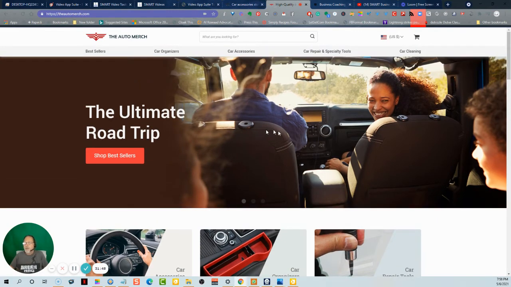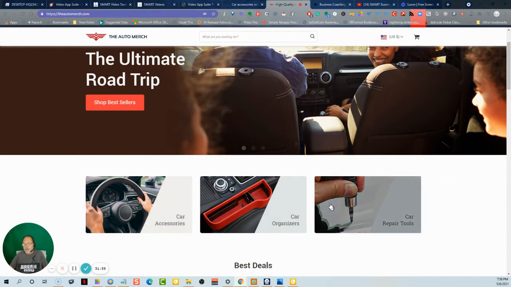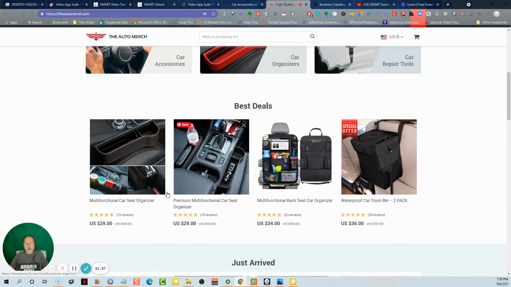Very, very simple. And this is a slider here that rotates out. Real simple, but it looks professional.